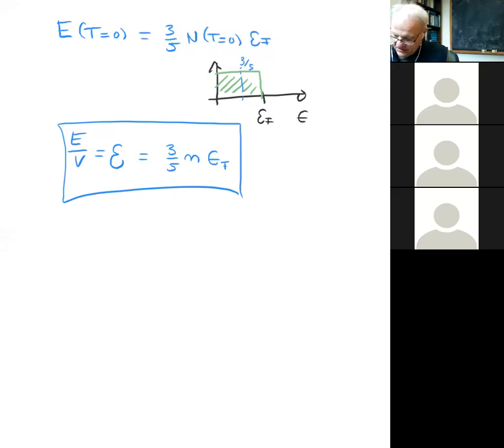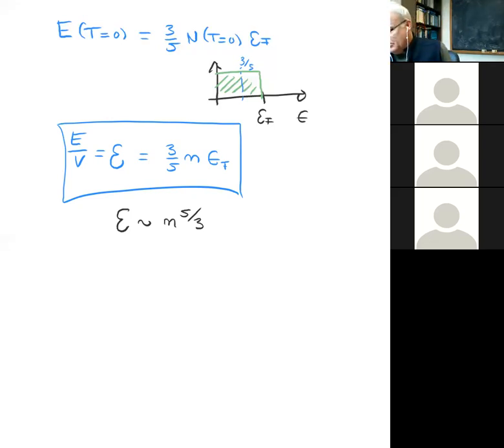In fact, you see from this formula that the energy density of the system will scale as the density times the Fermi energy, but we saw that the Fermi energy also scales as density to the 2/3. So overall, this will actually scale as density to the 5/3. So if you compress a very cold system of fermions, the energy density will have to go up, and actually goes up quite quickly. It goes up faster than the density of the gas. So this is different from a classical gas. For a classical gas, if you increase the density, pressure only goes up as N, okay?